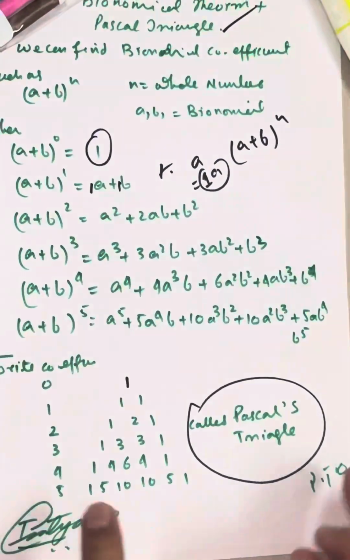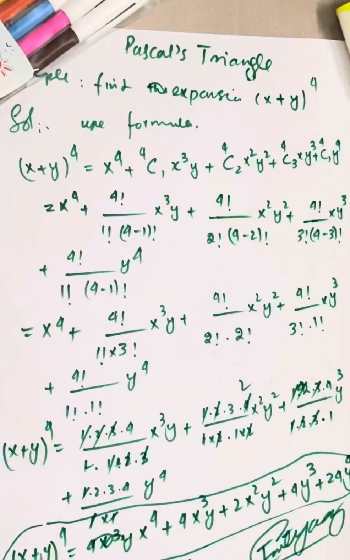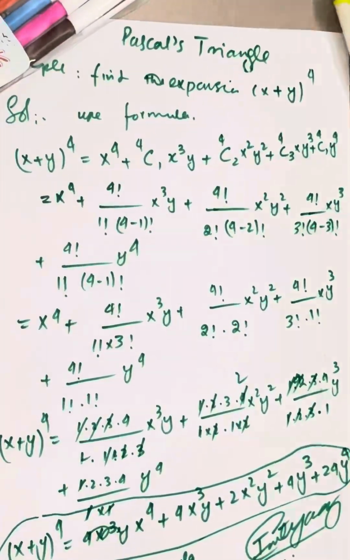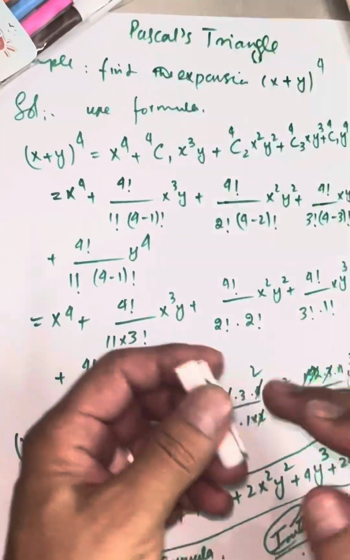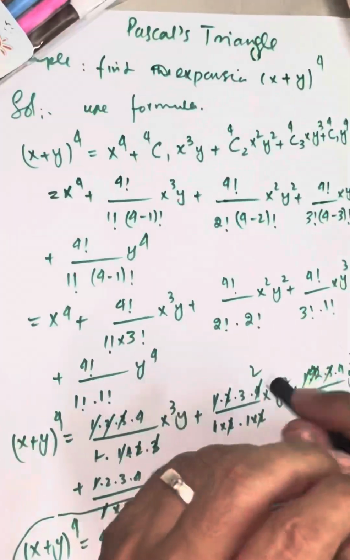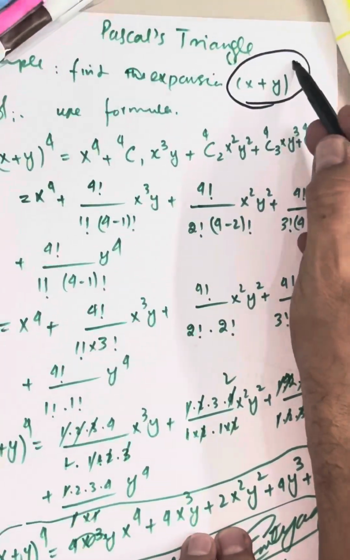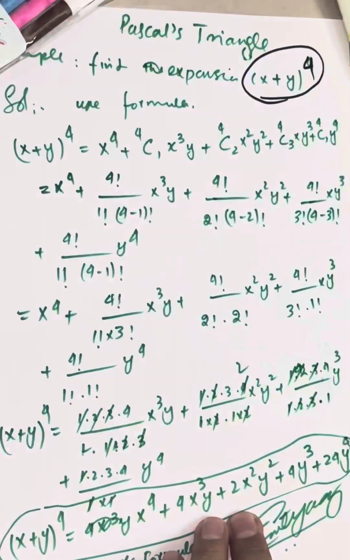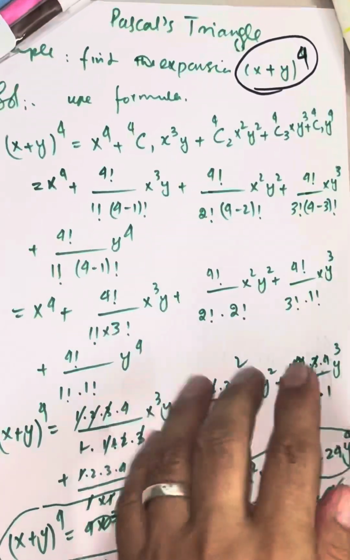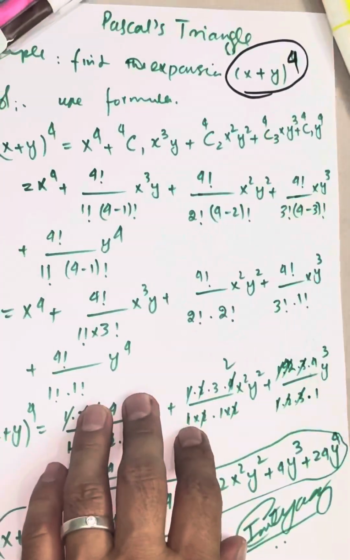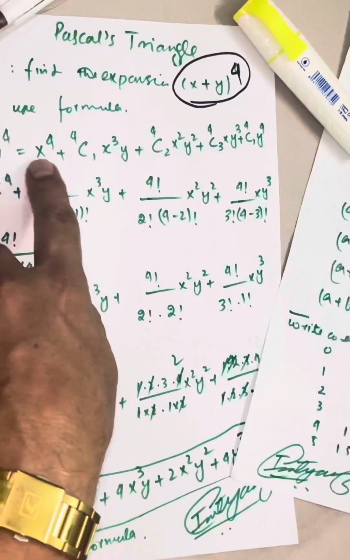It's very important to calculate, and you can easily split the binomial series. So this is an example. Keep in mind it's very lengthy, but let's find x plus y to the power 4, x plus y to the n, by Pascal's formula. So like from here, x plus 4, when you